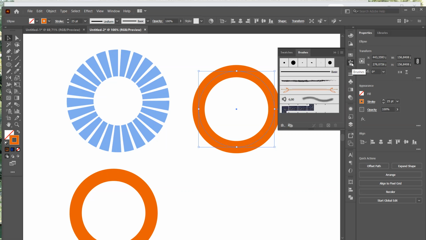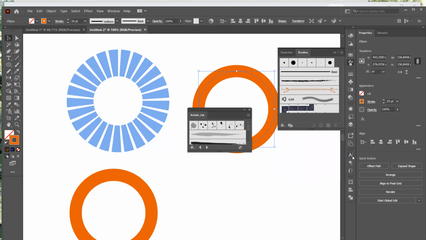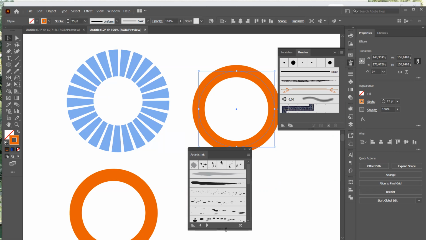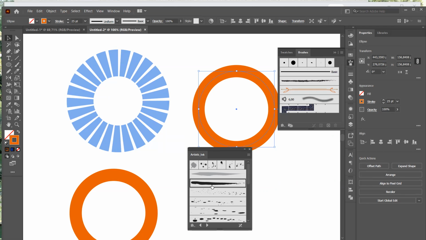brushes. So I can find different sorts of brush libraries here. For instance, here in the artistic brushes, there's all sorts of interesting stuff going on, but it might be a little bit too much for a logo. But here's, for instance, the artistic ink brushes. There are quite a few of them. So then the logo would be like this, but I'm not quite convinced that I want something like that this time. But now you remember where to find those